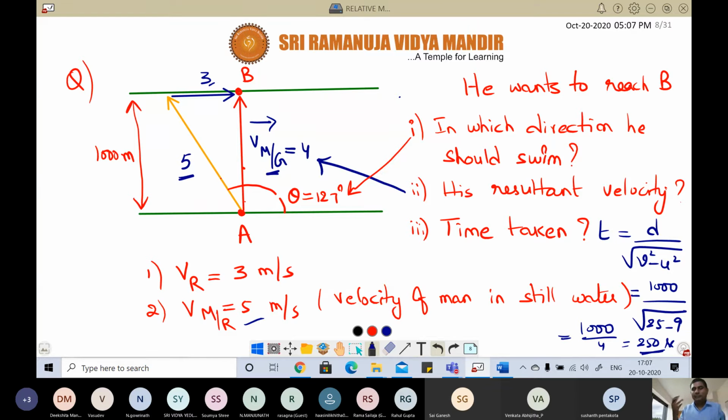How to find out depends upon individual to individual. Those who have absorbed the concept in mind, they can do it without putting pen on the paper. But those who are in beginning stages, they can just follow the standard procedure. I told both methods, standard procedure method as well as diagram method. If you want to solve this problem by standard procedure, it will take a lot of time. First you have to write velocity of river 3 i cap, velocity of man with respect to river as 5 cos theta i cap, something like that, and then you have to add. But this is an easy one.